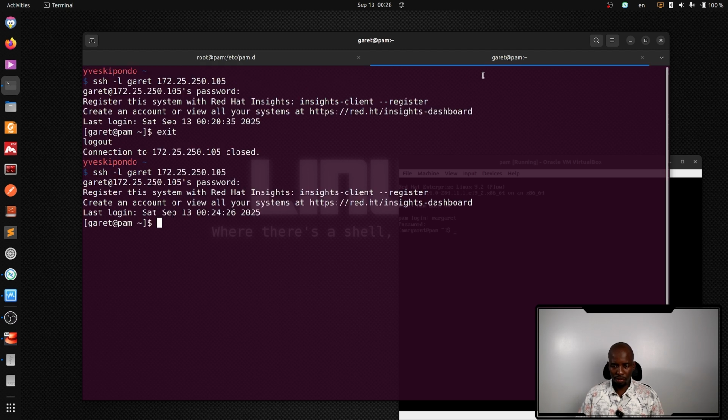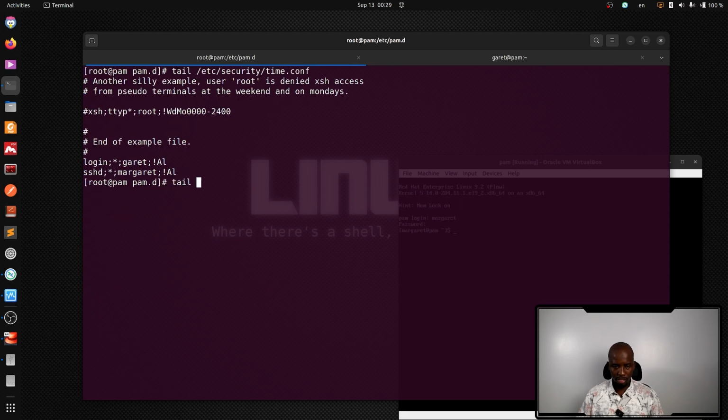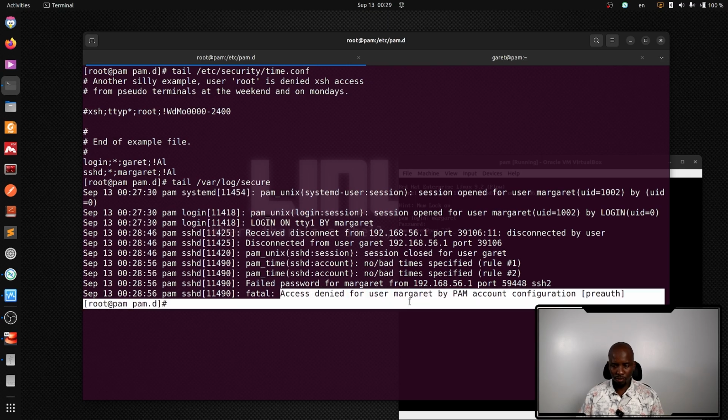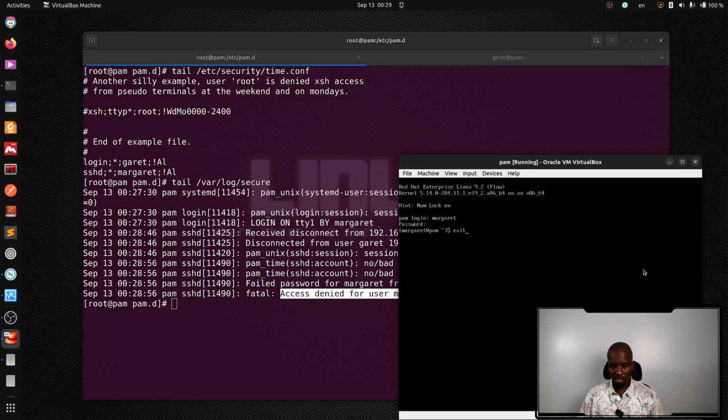So if I go here and exit, change Garrett with Margaret, and enter the password, which is password, connection closed. And if I do tail /var/log/secure, you can see here it said access denied for user Margaret by PAM account configuration. But if I go here, exit, and do Margaret and enter the password,